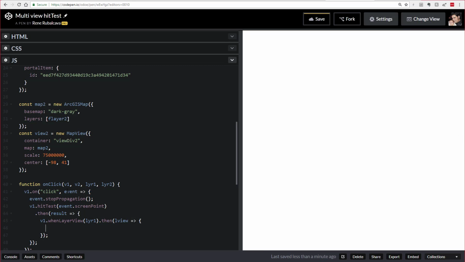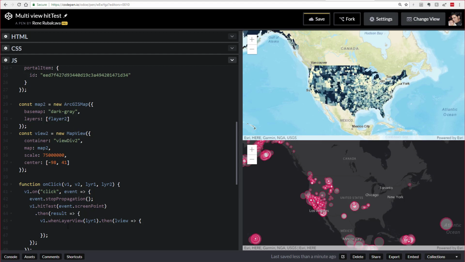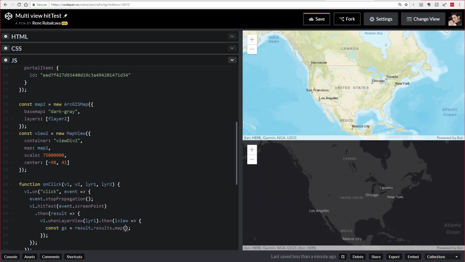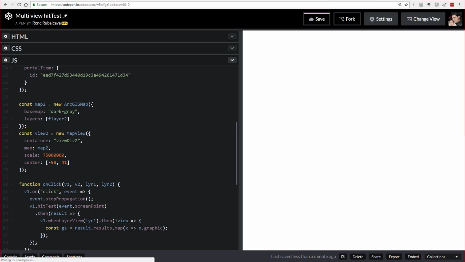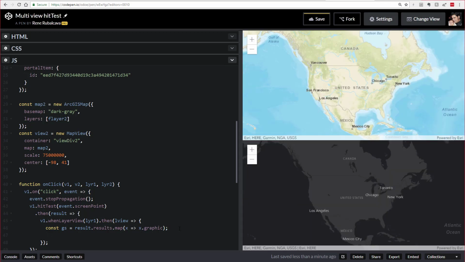And on this view, I need to get the graphics that are part of my results. So what I'm going to do here is get the, let's just call it gs, to save me some space, results.map x and x.graphic, not graphics, just single graphic. Okay, so now that I have this array of graphics, I'm going to go ahead and do